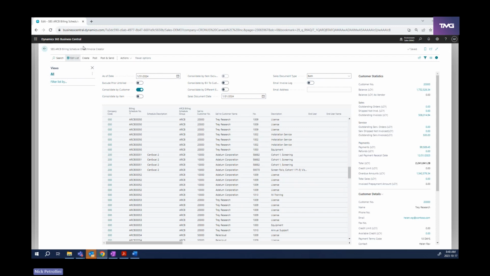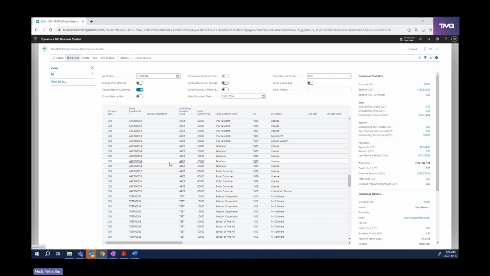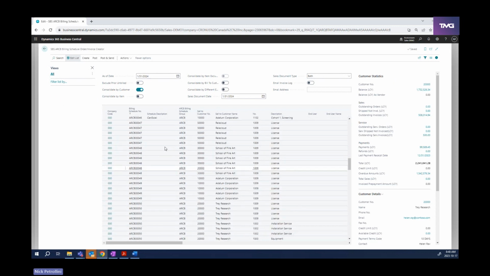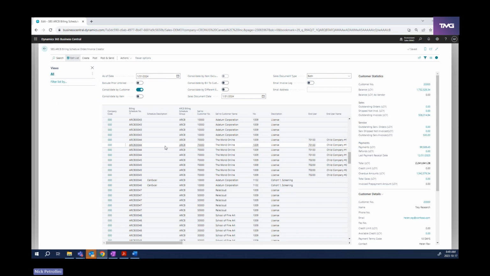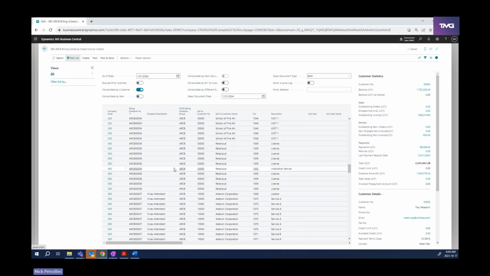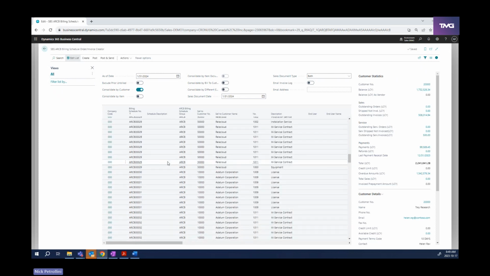I've gone into basically the same screen that invoice tab would have brought us to, which is our schedule order invoice creator here. And here you can see many lines introduced to me. What those are representative of are all of the lines that are ready to be billed based on the different frequencies and the different start dates of all of my open billing schedules within my Business Central environment here. That's going to, again, give you really good access to a batch process to do all of your invoicing, or all of your recurring invoicing, that is, upfront for a particular